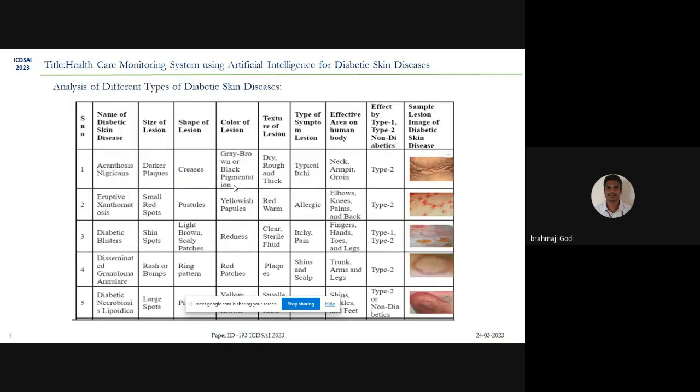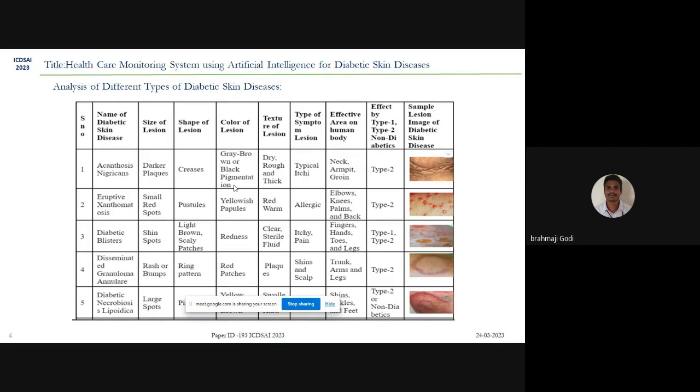And I'm just showing you, sir, what these types of diseases are, and I prepared this as a research survey. There are different types, as you know, sir: type 1, type 2 diseases and non-diabetic diseases also. So it may fall into type 2 diabetic, or type 1, or a combination of type 1 and type 2. So if you see this in the 3 diabetic blisters,